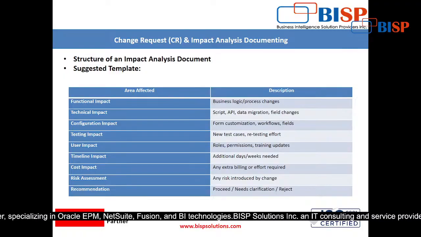What are the testing impact? New test cases, retesting efforts, right? I remember in one of my projects, due to some technical issue, we were validating the data and it was not validating properly. So what they did, testing impact, retesting, they just asked the offshore team to do it again. That means the retest, the testing efforts should be applied again. So